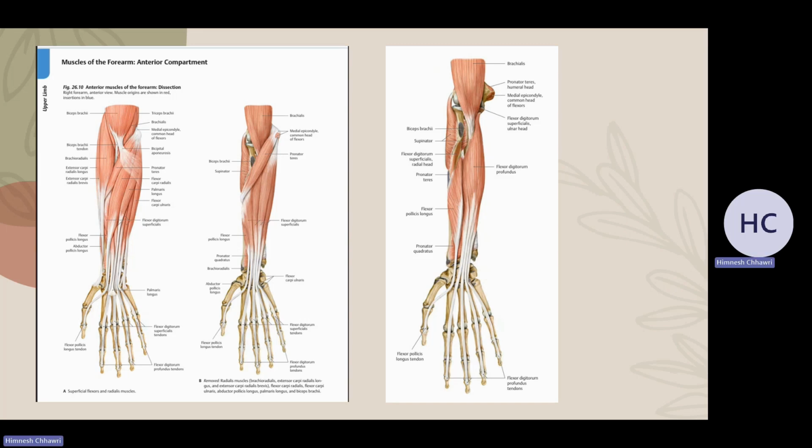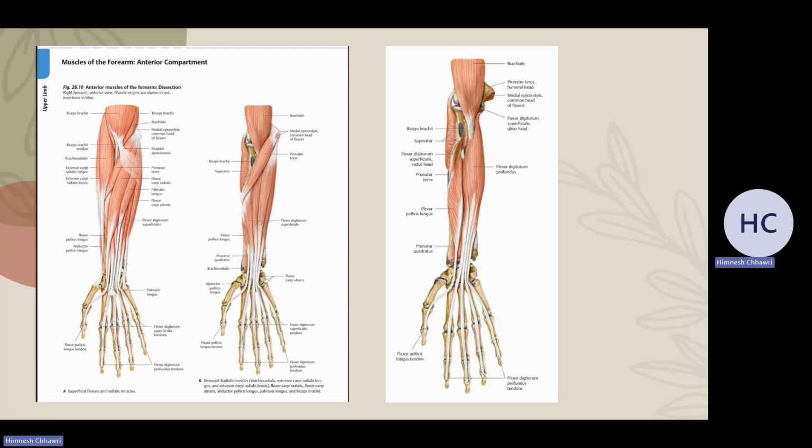Remember, flexor compartment, common origin is medial epicondyle of the humerus. So pronator teres has two heads. The humeral head originates from the medial epicondyle. The ulnar head originates from the